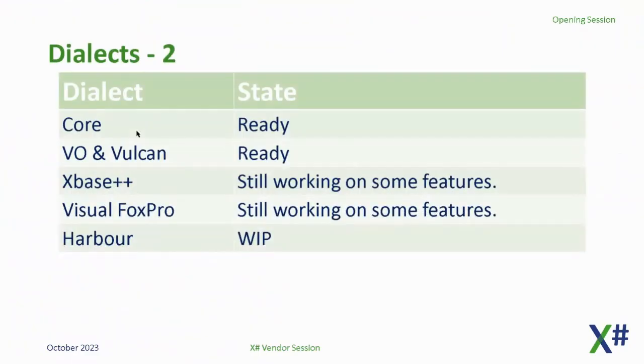So what is the current state of XSharp? Well, my team, we are coming from Visual Objects, and most of our customers were coming from that direction, so it's not a surprise that we have that done first. Right now we have a lot finished for XSharp, but not everything there. And the same is true for Visual FoxPro. We have a lot running, but not everything yet. And Harbour we started with, but it's not complete at all.